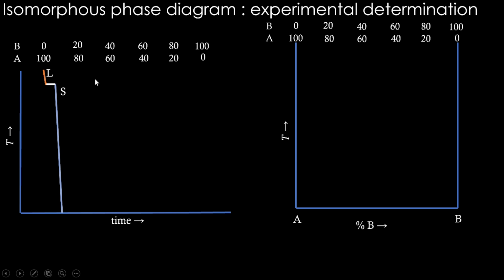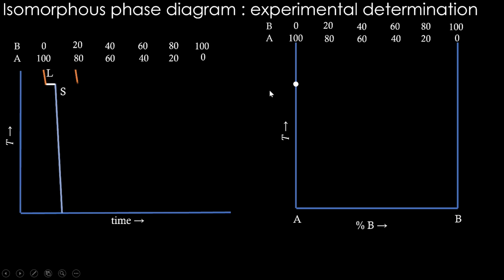Now this is the solid. These two points here, if we note, this is where the changes happen, and we translate those two points against this composition. So 100A 0B is there in this plot. This is the phase diagram. So we can see that the 0B and 100A point is here, meaning the pure A point is here. So at this composition, these two temperature points should come, right? So let's translate them here. So they indicate that liquid to solid happens at this temperature. That's the point of this,